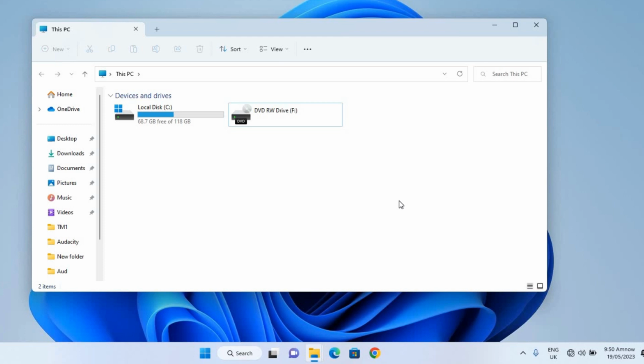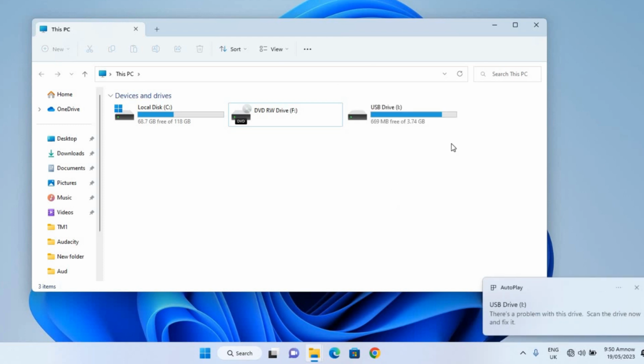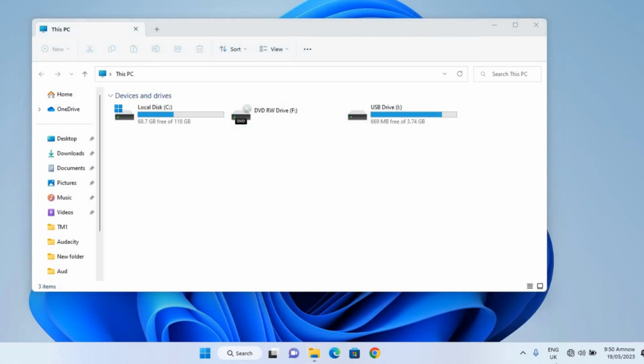Or another way to do it is very easy. Just unplug and plug the drive once again. Once you plug the drive, just go to your taskbar. As you can see on the taskbar here, we will be having a USB logo, and this is the USB logo which is here. So just click on the USB logo,